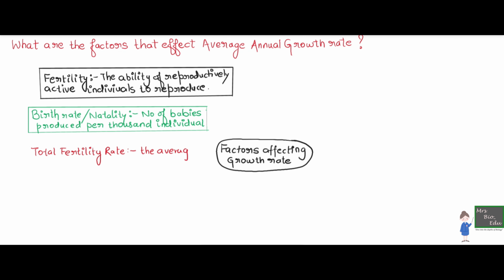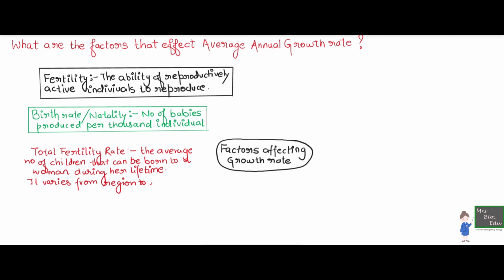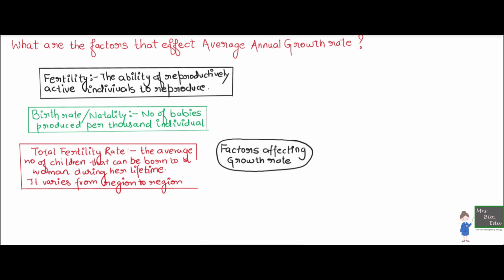A very similar term to fertility is also total fertility rate. Now we have to understand the difference here. Fertility is when we were talking about the ability. But when we are talking about total fertility rate, we are actually talking about an average number of children. I repeat, an average number of children that a woman can produce in her lifetime,